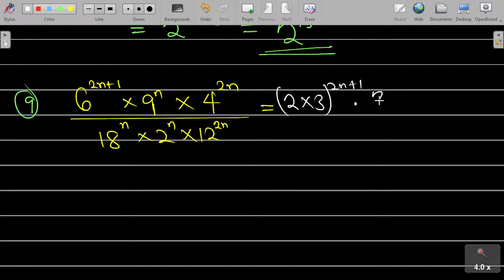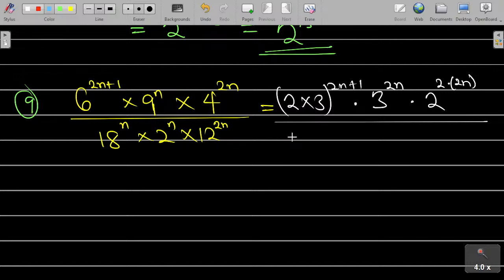this one can be written as 3 to the power of 2. That 2 will multiply the already existing power, which is n. That's then multiplied by 2 to the power of 2. That 2 will multiply the existing power, which is 2n. That would have given us 4n, but let me still put it that way. So all over, the denominator, the same thing is going to happen here. I have,